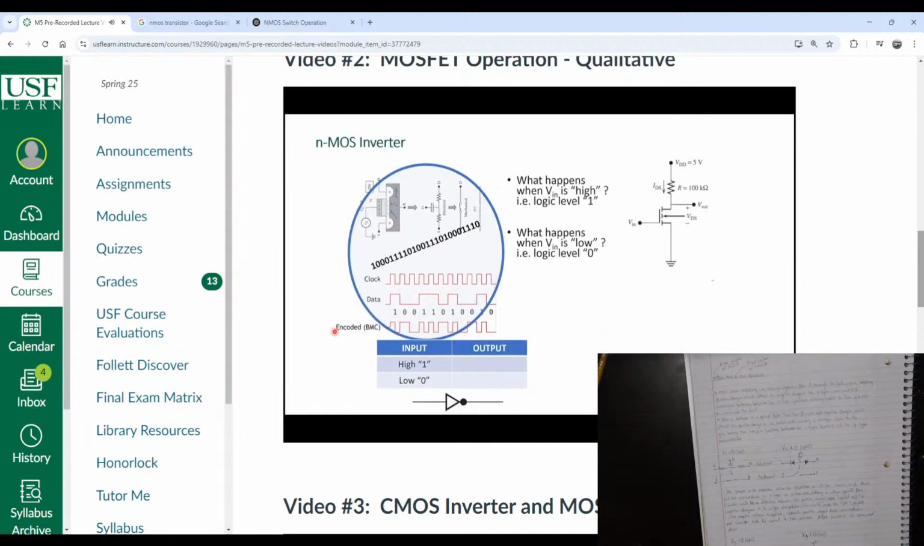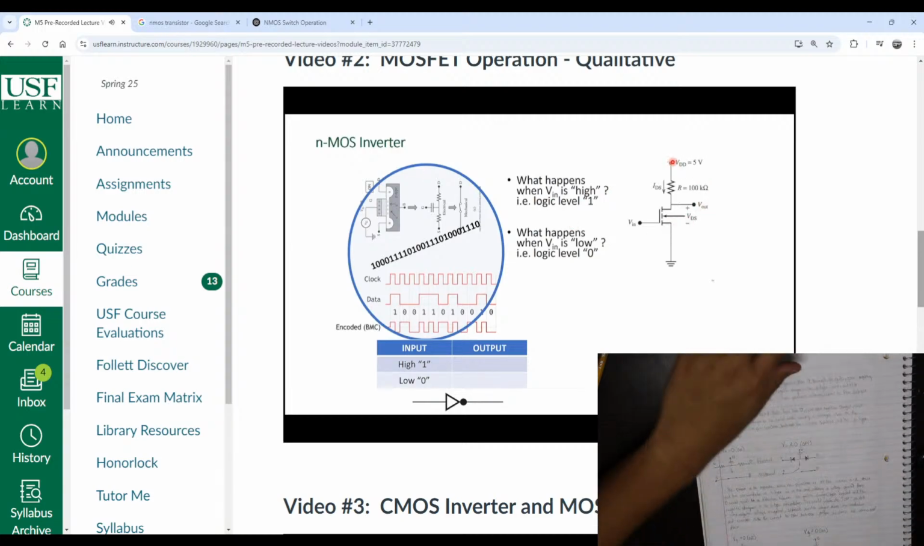So let's take a quick look before we finish here at what we call the NMOS inverter. Remember, when the arrow points in, we have an N-type transistor. We're going to tie it to